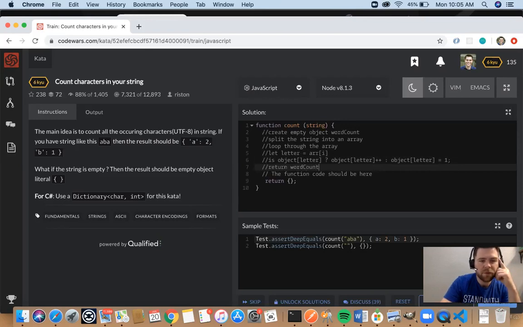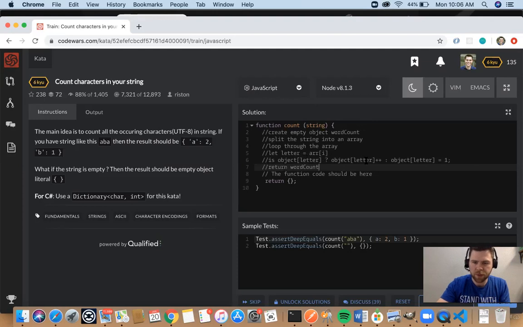Usually when I've done this in the past, this is just one step of the problem. But it looks like for this one, this is literally what they want you to do: count all the occurring characters. So we're going to create an empty object and search through the array. For each item, is this letter a property of the object?